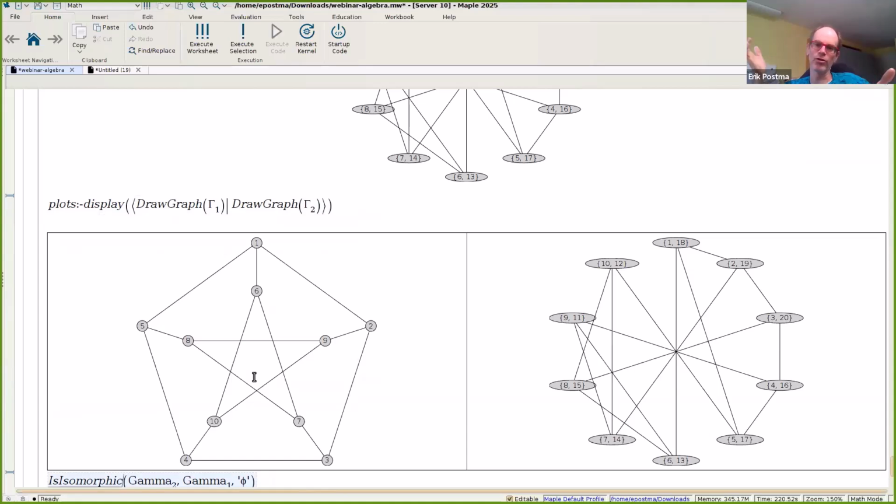Then it's not obvious that you know that isomorphism is there, and